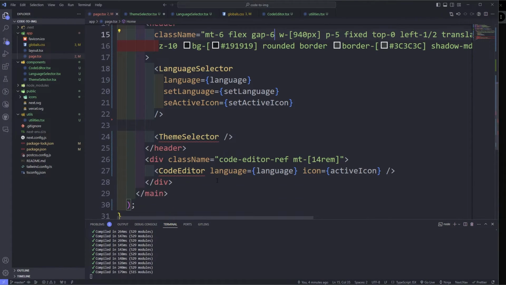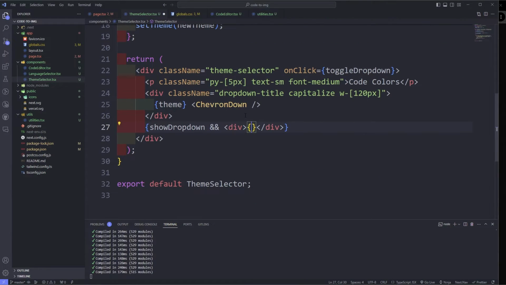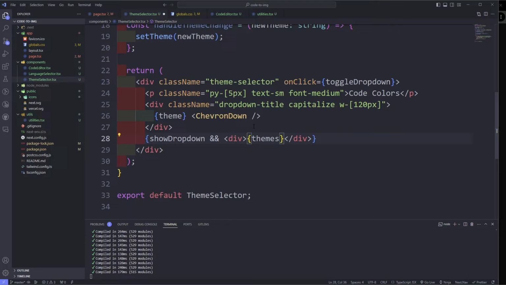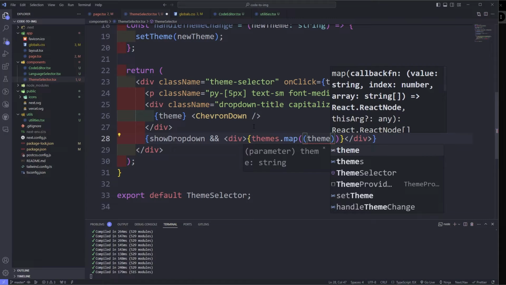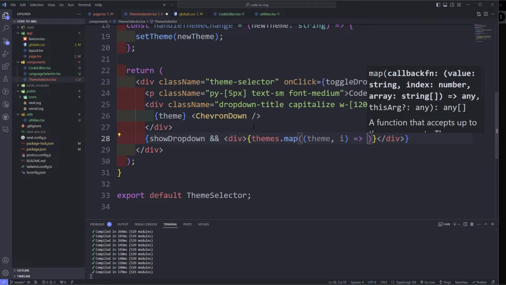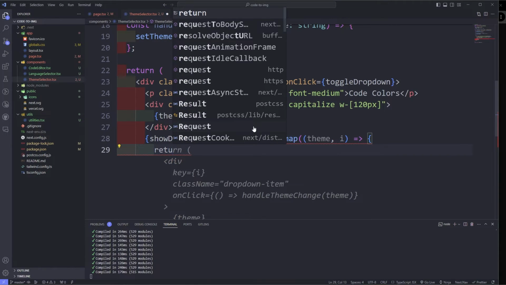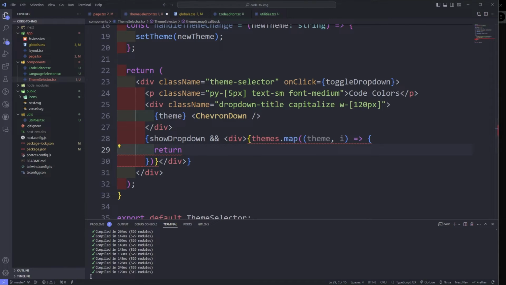Where were we? Language selector. I'm going to close this. Here we're going to import themes, so make sure you import themes from utils, and then I'm going to map, and it's going to take a theme. Let's give it an index. Okay, and then we're going to return a div. And then we're just going to style that div. Okay, key, or we can return a button,